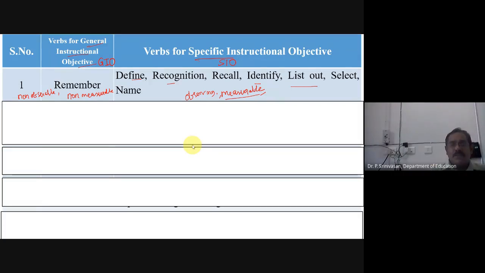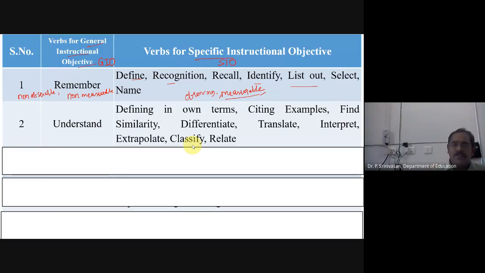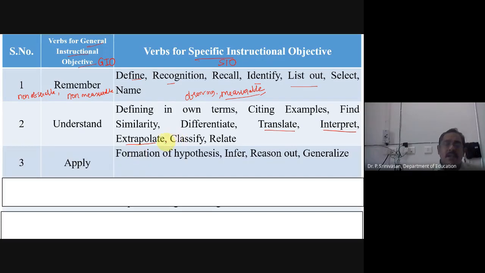I think first you have understood remember, and this is for understand. Also we know these things which we have explained. Whenever you are writing, you explain what is translate, and we have said interpret, extrapolate. Explain these things in your essay type answer. Once you have those notes it will be easy for you, even for the examination. You can just recollect by seeing your own notes. Just write it. And then I said apply, the third one.